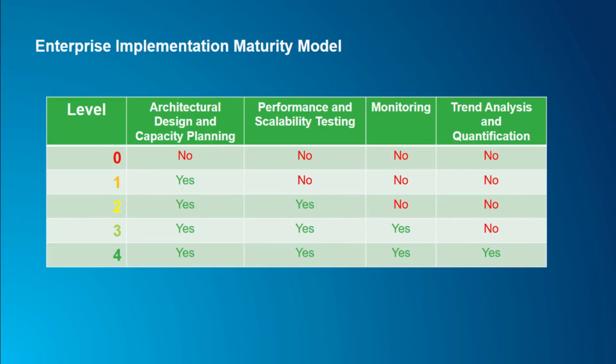Okay, so we came up with this maturity model. There's nothing wrong with this. If you find yourself at a level 0, there's nothing wrong with this. But if you have mission-critical 24/7 solutions, you may want to evaluate: did I do the architecture? Did I do the testing? Did I do the monitoring? Do I analyze the system? Because if you're not doing this, then you are increasing your risk. Now, there's nothing wrong with having the risk, manage the risk, but it needs to be calculated risk management and not just